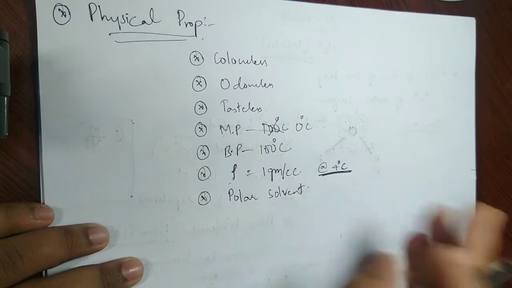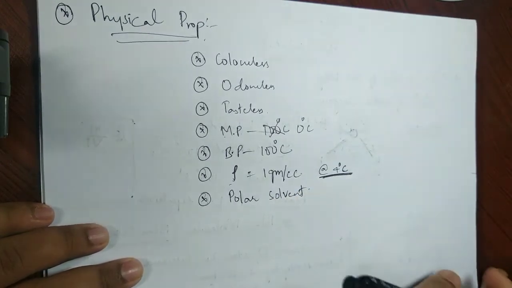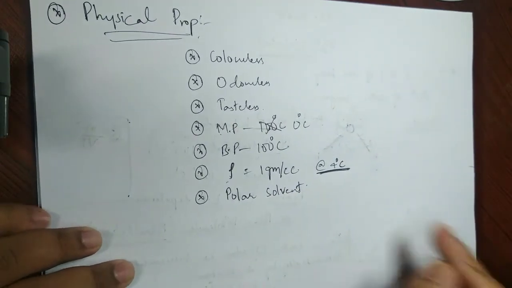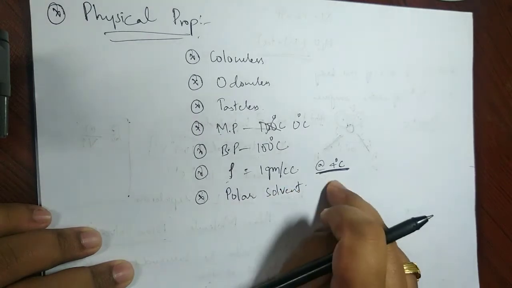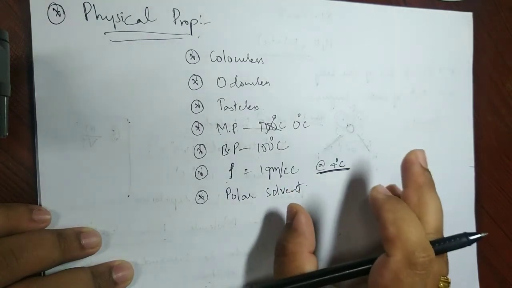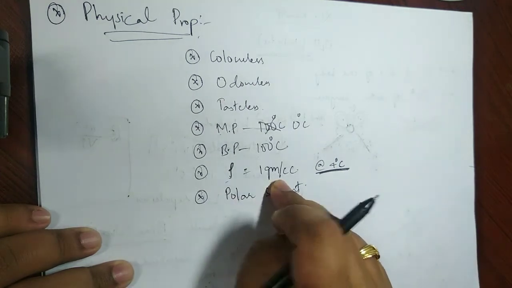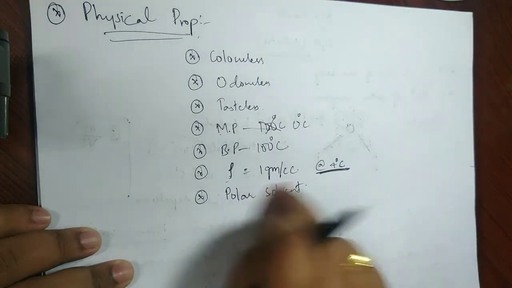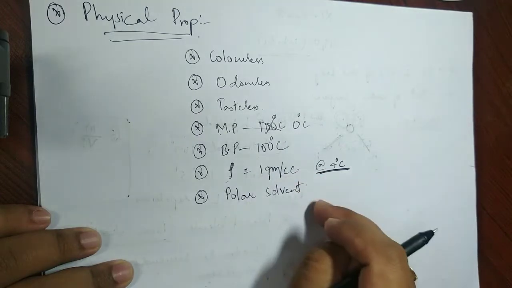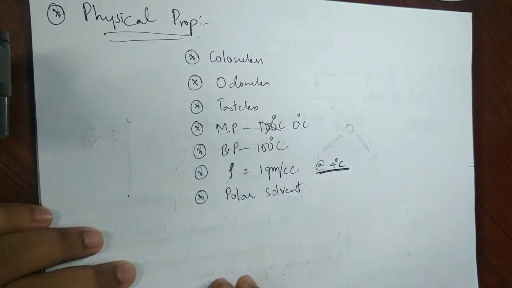because if they don't give it while solving questions, not in here, in some other chapters of physical, if they say water at 4 degrees Celsius and some question based on that, then you should assume the density is 1 gram per cc. So this is useful information in physical. Alright, so these are the basic physical properties, nothing much.